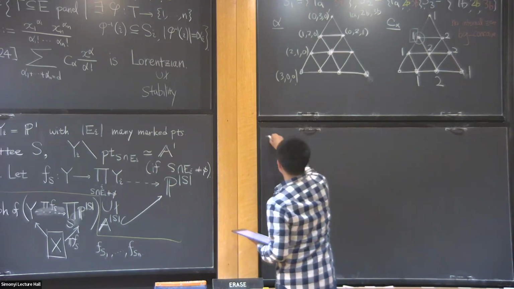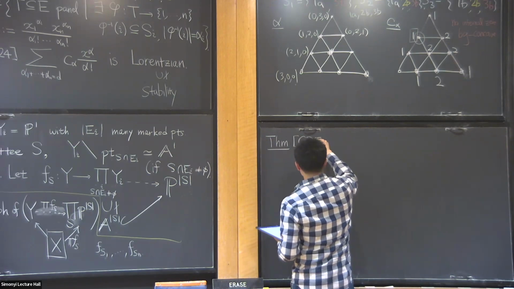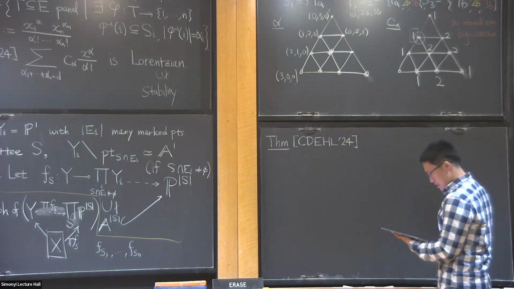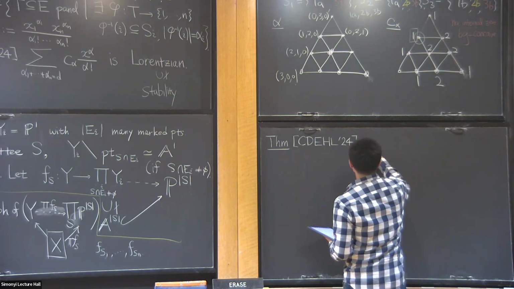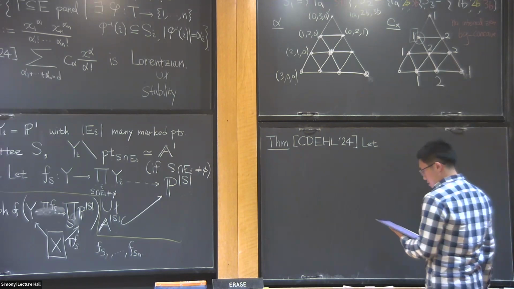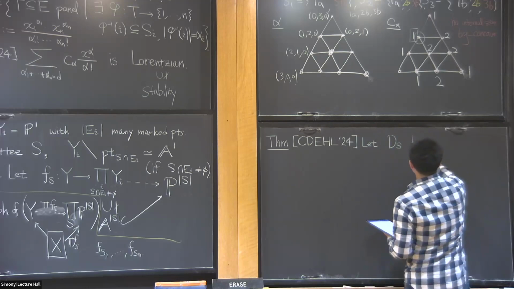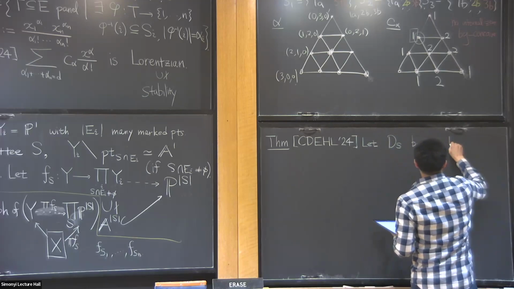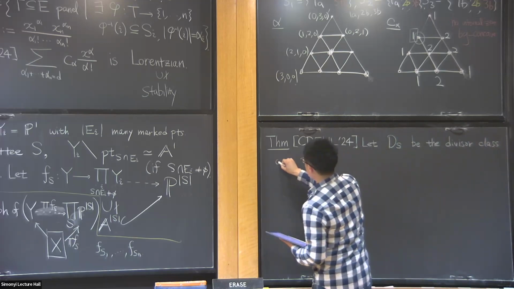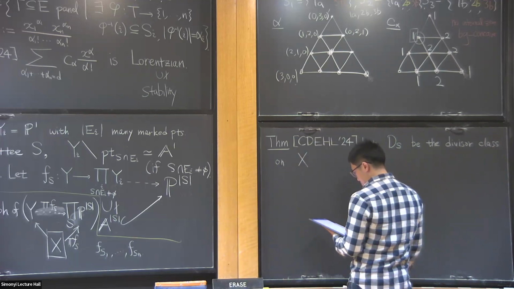Okay. So what do we want to show now? This theorem actually appears in our paper. So this is the real statement. And let me phrase it slightly differently in the language using cohomology. So let D sub S be the divisor class on that particular X that we have now defined,